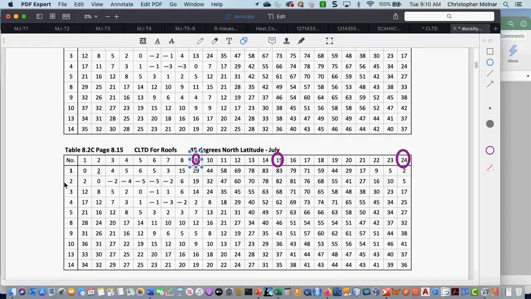Now, the number one roof type, the bottom one, is going to be my roof type that has the loosest construction and the darkest roof. So this would be like your black asphalt shingles with very little insulation, because it's going to give me the highest temperature difference. My attic's going to get the hottest, and we're talking peak hours. My number 14 down here is the roof with the white shingles that's decently insulated